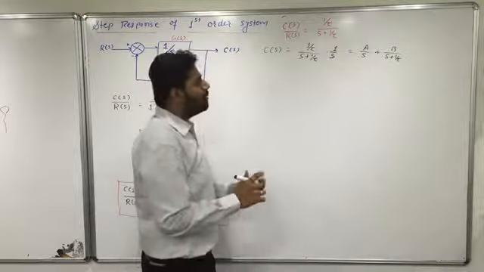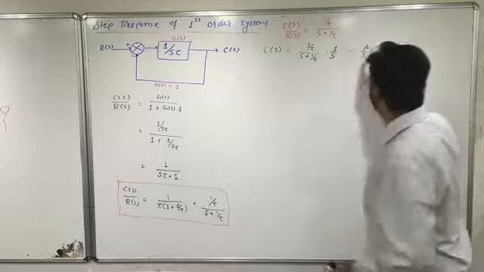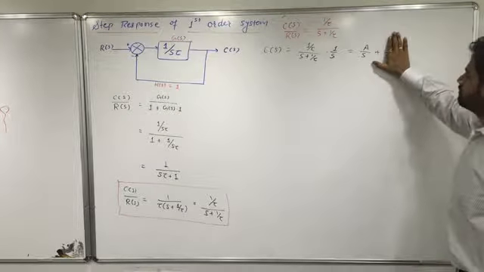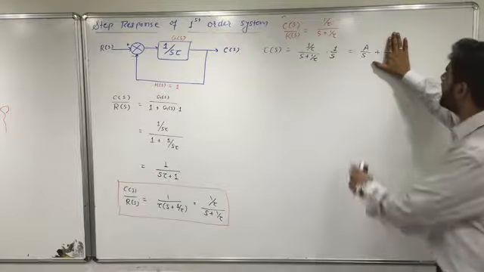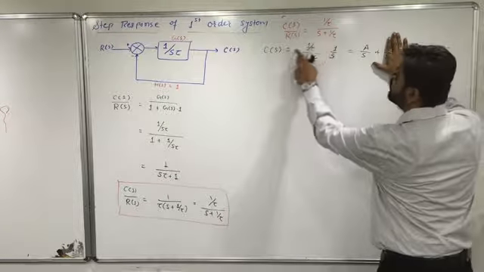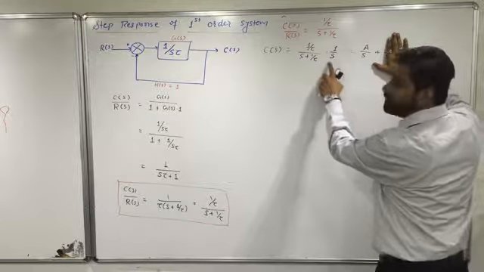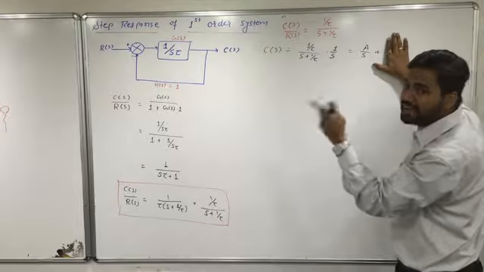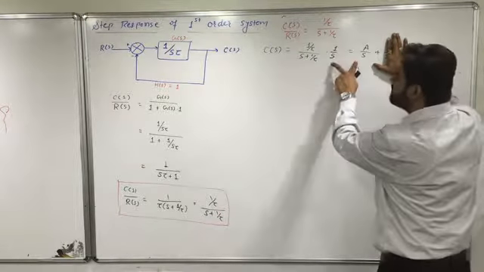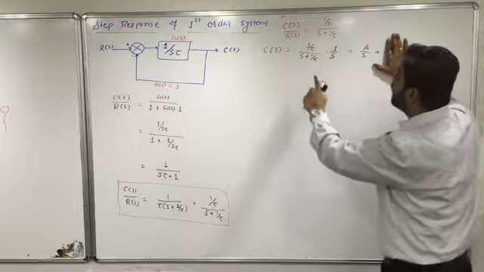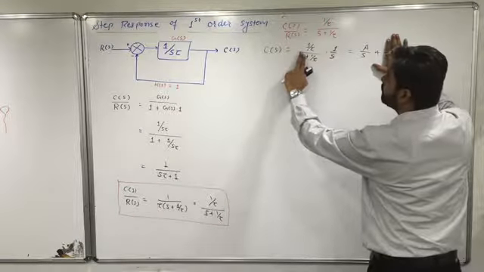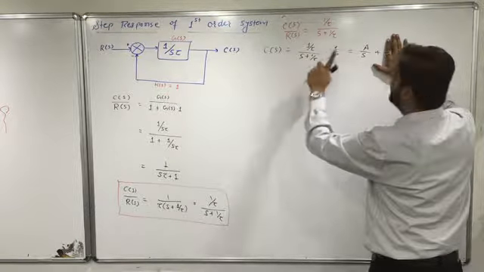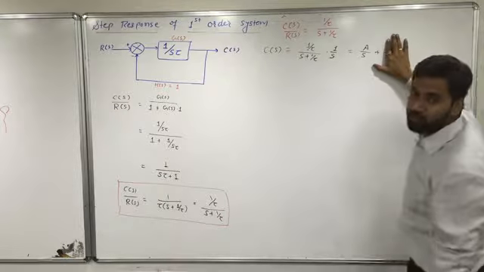With basic mathematics, if I want to find out A, I will put my hand over here. I can say that A by s is equal to this, s will get cancelled out. Whatever is cancelled, we will make that thing 0. So s is cancelled out, so we can say that s is equal to 0, I have to put it over here. So when s is equal to 0, it's 1 upon tau upon 1 upon tau, it's 1, so I've got a value of A which is equal to 1.